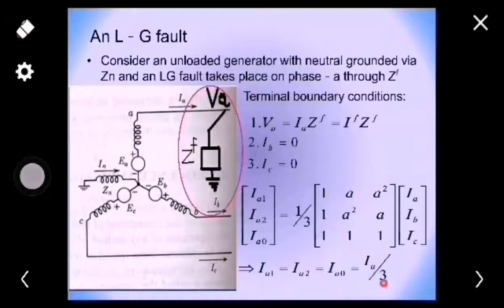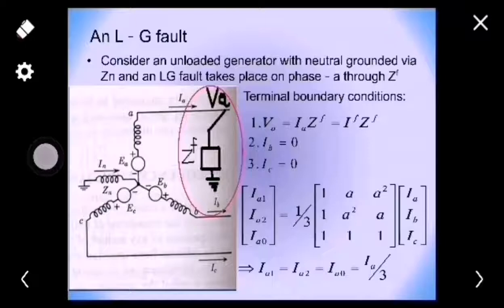Do mind well, whenever you hear an LG fault, the first thing that strikes your mind is that all the 3 sequence currents are the same. This is the first condition we have derived from the boundary conditions. Boundary conditions can be easily seen from the network diagram, but using symmetrical components we can derive the rest of the conditions and the expressions for the currents. So now let us have a look at the interconnections of 3 sequence networks.